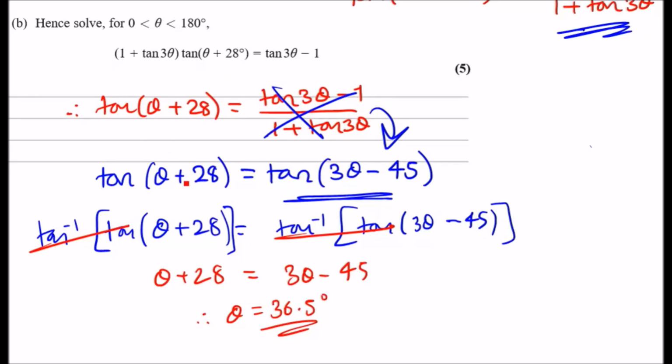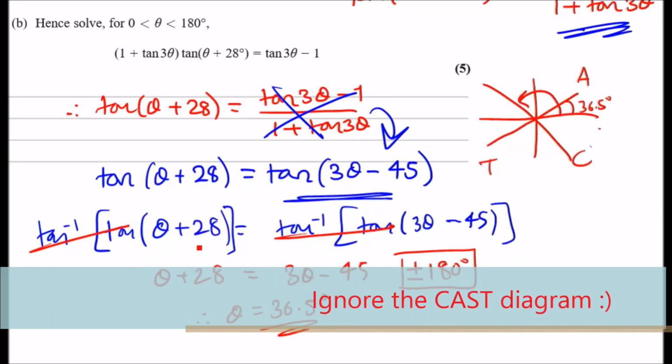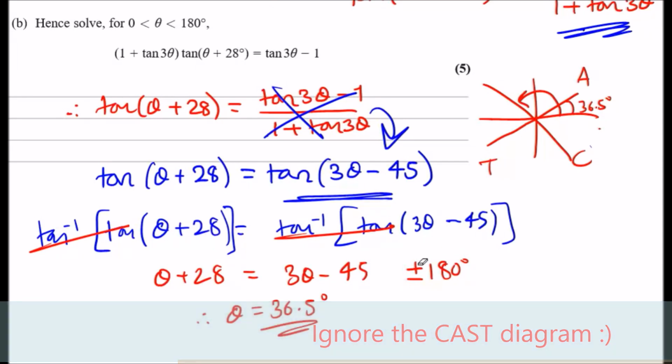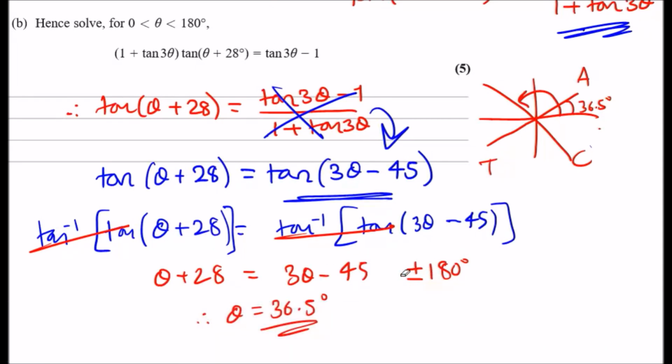Now you have to be very careful because you could miss a whole solution. So remember, imagine this was just a regular question. If you tan inverse a problem, then you would most likely get a plus or minus 180. So think of this, plus minus 180 degrees. This is what happens when you tan inverse. But then you might also get a negative solution because you tan inverse both sides. So that's why I wrote plus minus 180. So then when you solve this one for plus, when you stick into this equation and solve it with the plus 180 or minus 180, you'll end up with minus 53.5 degrees, which is out of the range, or 126.5 degrees, which is